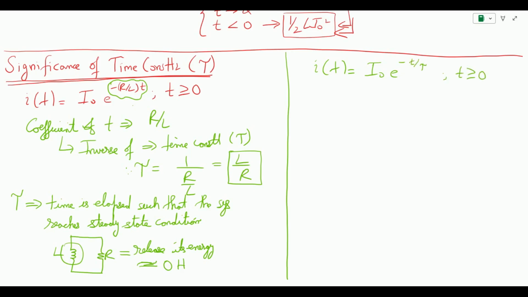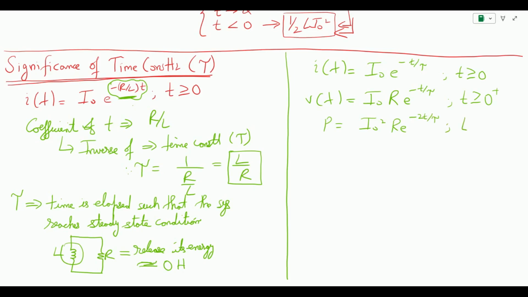So in this equation I am replacing R by L with tau. Similarly, the voltage equation can be written as I naught R e raised to power minus t by tau for t greater than or equal to 0 plus. The equation for power can be written as I naught square R e raised to power minus 2t by